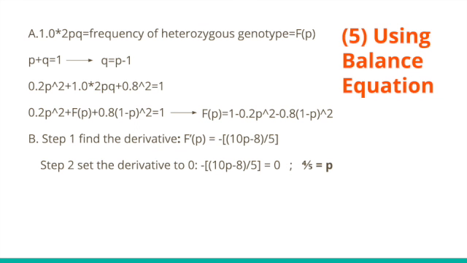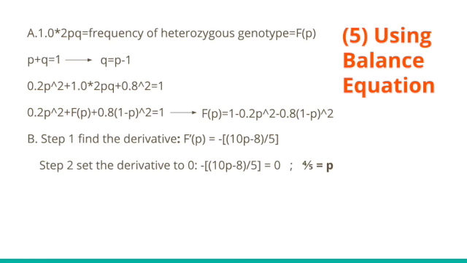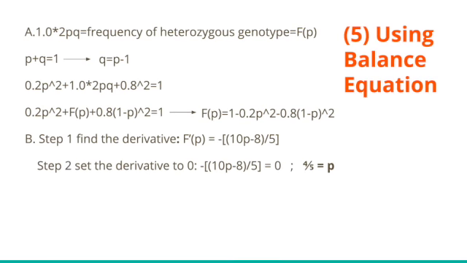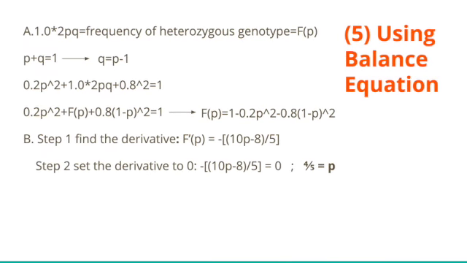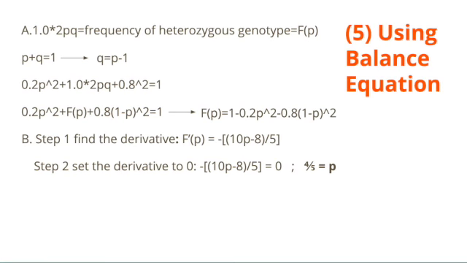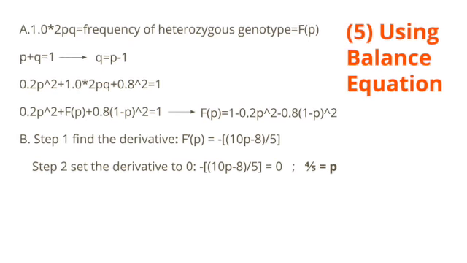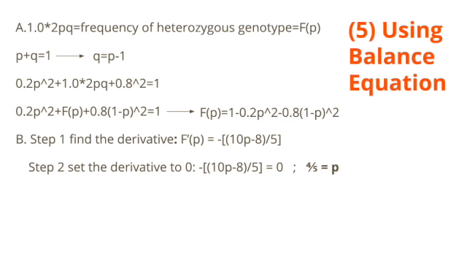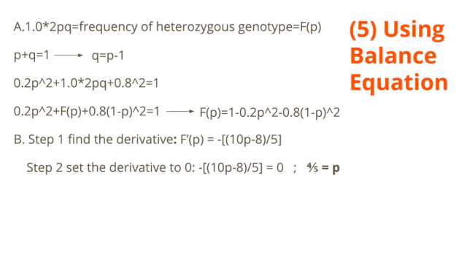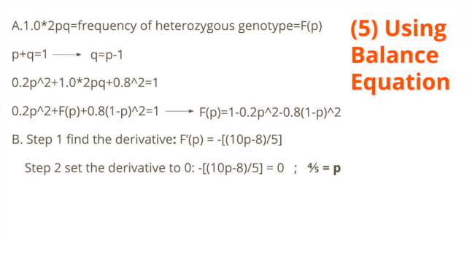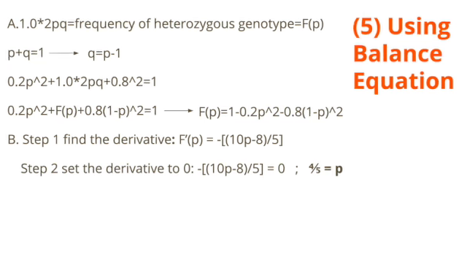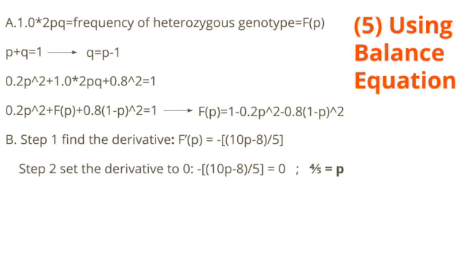Next, we were able to use the balance equation to find the maximum value of the heterozygous frequency. To do this, we substituted 1 times 2pq for f of p. We also were able to rearrange p plus q equals 1 to q equals 1 minus p to substitute for the q value. By rearranging the equation, we were able to prove that f of p is equal to 1 minus 0.2 p squared minus 0.1(1 minus p) squared. After